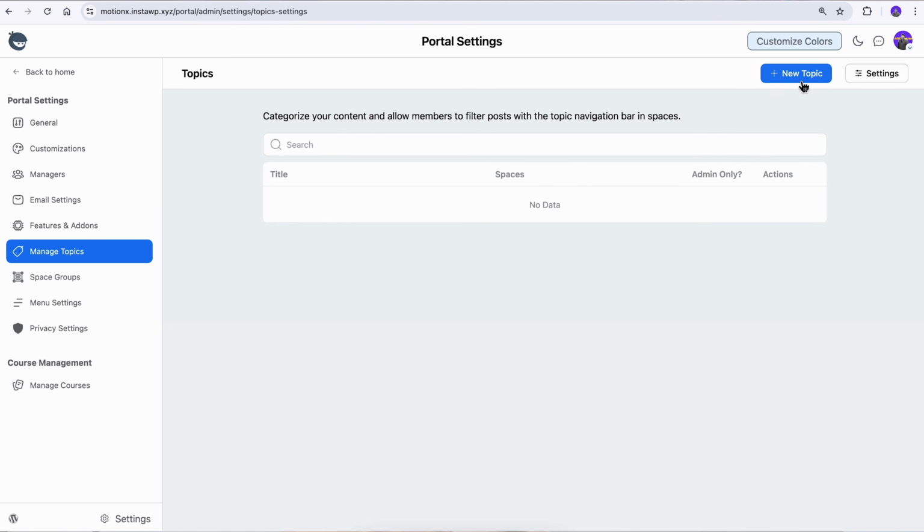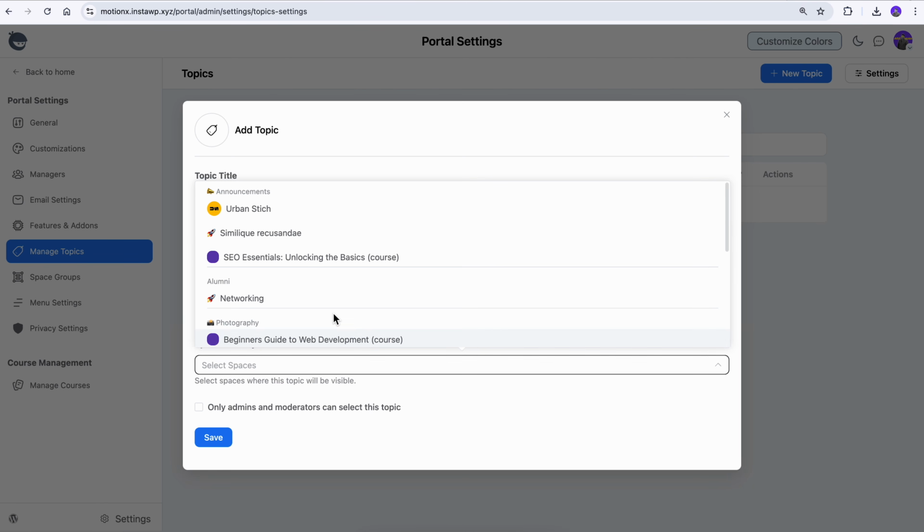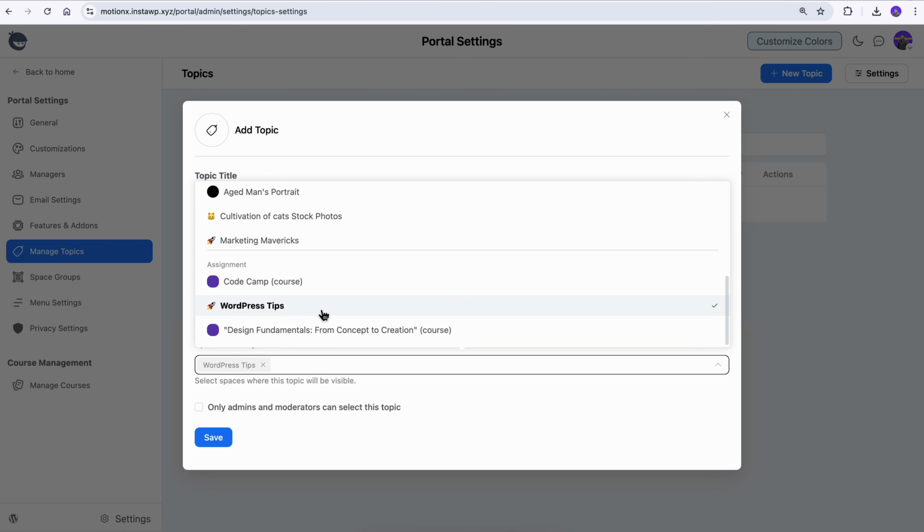Simply select a new topic, and a tab will pop up to enter the necessary details to create it. Start by entering the topic title, followed by a slug and a subtitle that will be visible under the title during post creation. If you're managing multiple space groups, you can select all of them or just the ones that